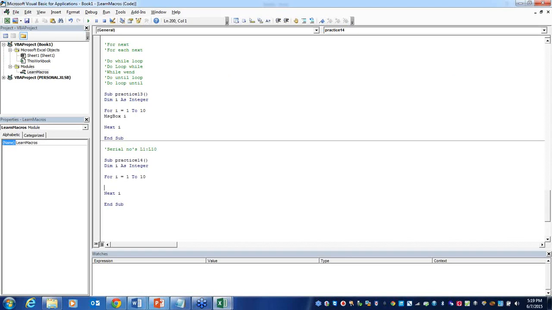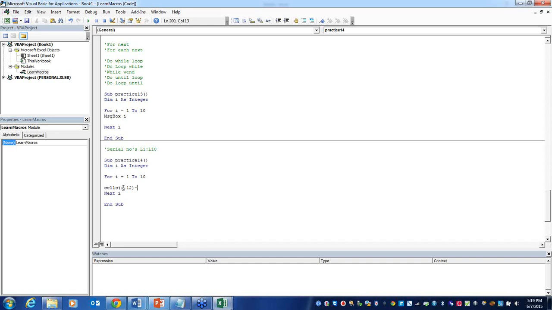That's the reason we use the Cells command. Row is not constant, so I'm using this variable I, comma, column index 12, because my column L is constant. Cells(I, 12) equal to